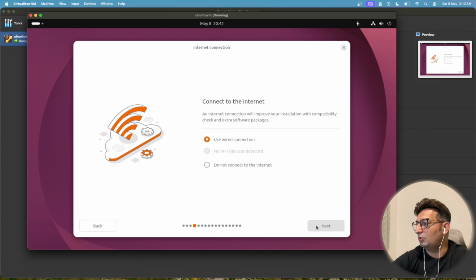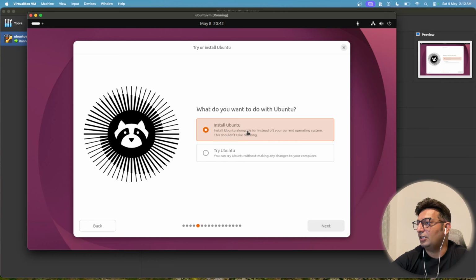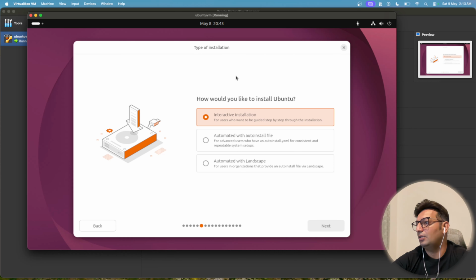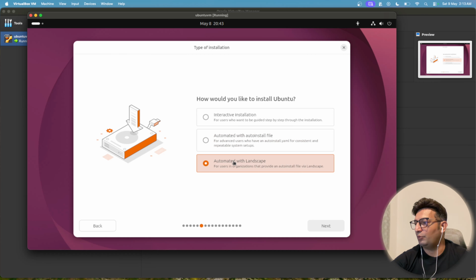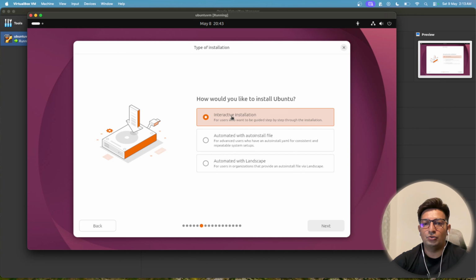Okay, so I'll just click on next, and it's telling me to install Ubuntu or try Ubuntu. I'm going to click on install Ubuntu. So I'll click on next. In this screen, it's giving you 3 options for how to install Ubuntu. Either you can do the interactive installation, which is the regular installation that we do, or automated with an auto install file. For this, you need a YAML file. We're not going to do that. Likewise, there is automation with Landscape. So the option that we are going to choose in order to install it will be the interactive installation, and I'll